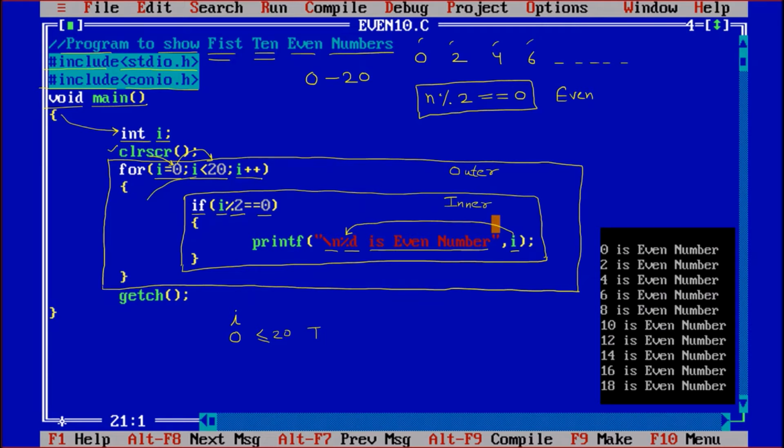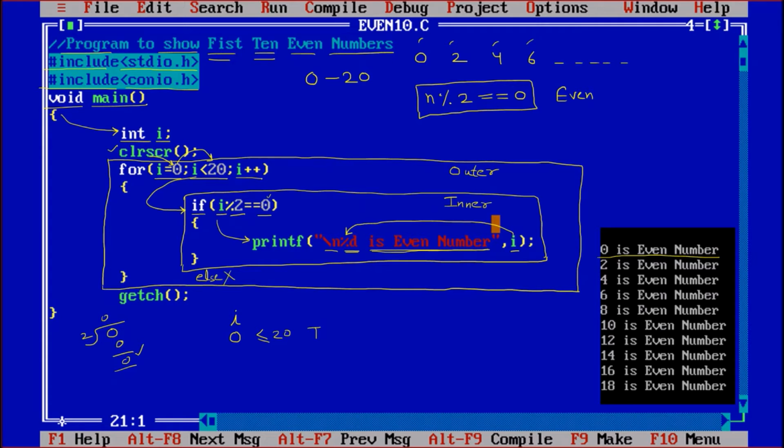The program will come inside, and we know that the inside part, the inner body, is for checking whether the number is even or not. So i mod 2. i mod 2 means if I say 0 divided by 2, the quotient is 0 and the remainder is 0. So that remainder 0 is matching with this 0. So here it will come inside and print %d, meaning 0 is an even number. So that is displayed, that 0 is an even number. In this if part, we have not taken any else part.